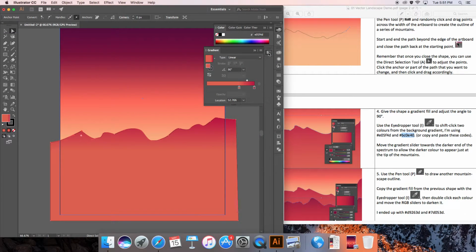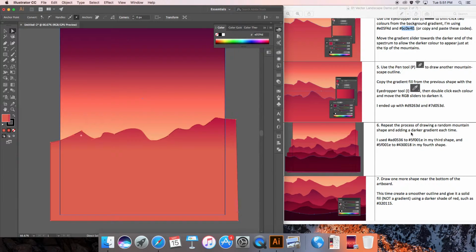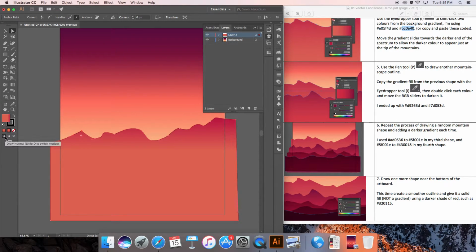All right, now let's move on to step number 5. We are going to draw another row of organic looking mountains, and we can continue to do this on layer 2 as well. Make sure your drawing mode is set to normal so the next row of mountains that we draw does go on top of the one that we just completed. So again, start beyond the actual artboard. Go ahead and just